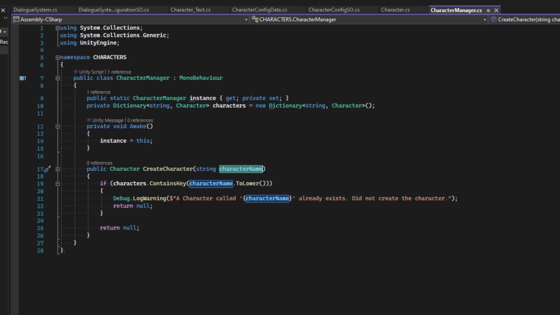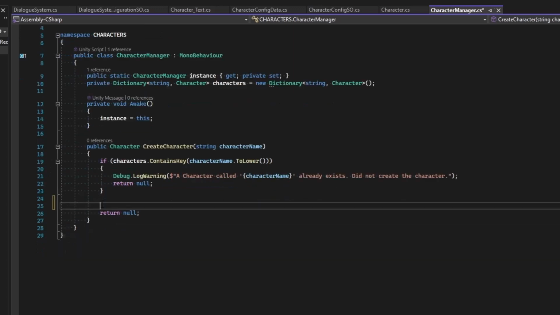If they don't exist in the configuration asset, then they probably don't exist with any art that's been given in the scene or any prefab, so it would just be a default text character. In order for us to do that, though, we need to evaluate this name against the configuration and get some information on the character that we're trying to create. So at this point, before we return null, we know that our list currently does not have any character by this name in it. So we're safe to proceed, and we just need to go ahead and get the information